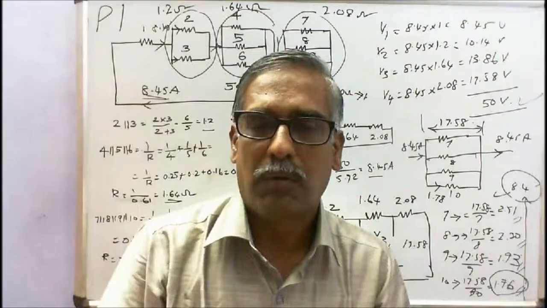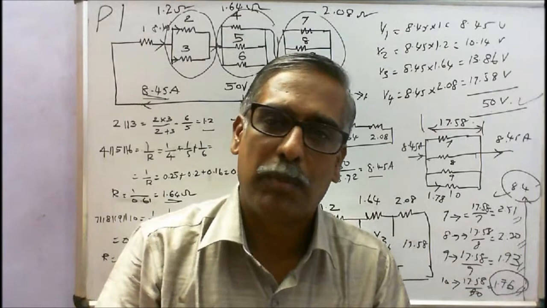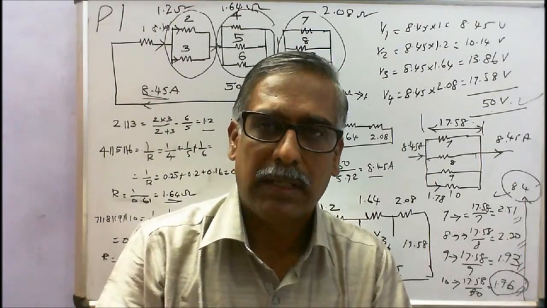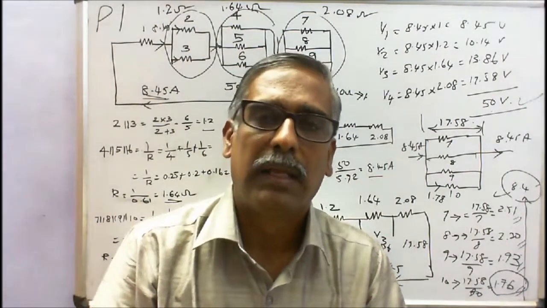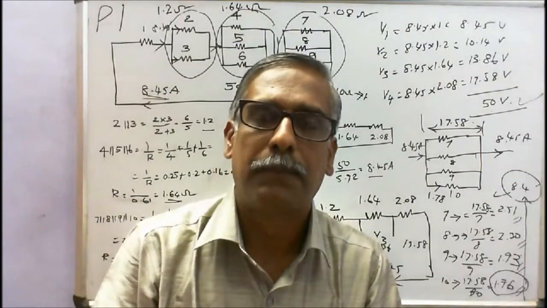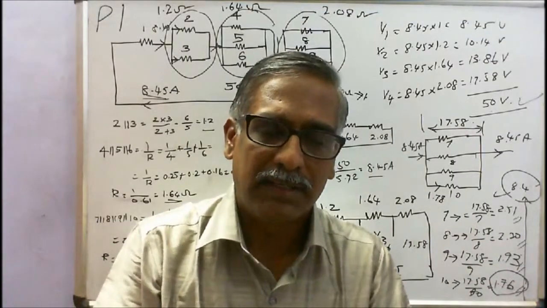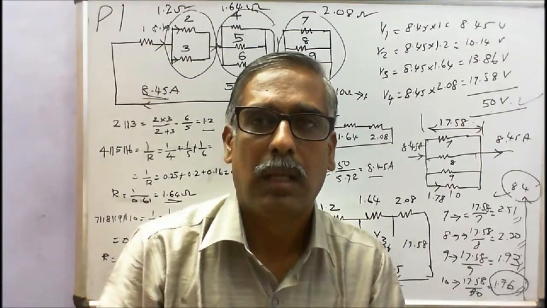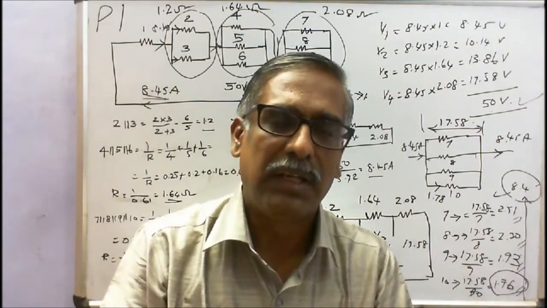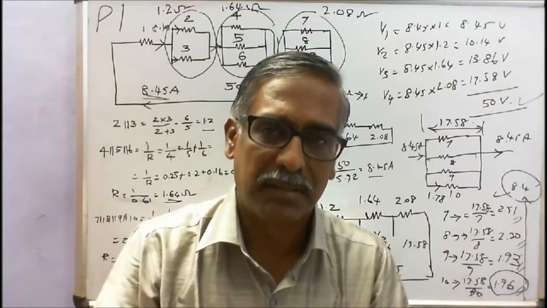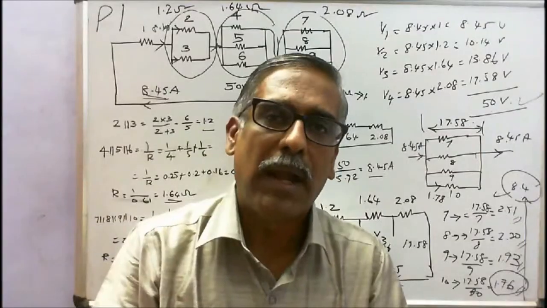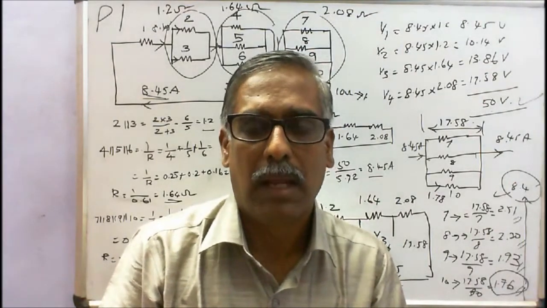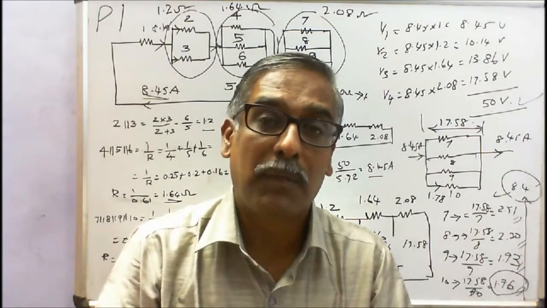Today I am going to work out 5 problems in series parallel combination. The first problem is I have connected 10 resistances in series and parallel combination. In a series circuit current is constant, in a parallel circuit voltage is constant. First question is find the total resistance. Number 2, find the current through the 10 ohm resistor and also find what is the power dissipation in the